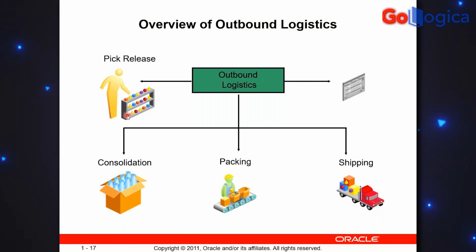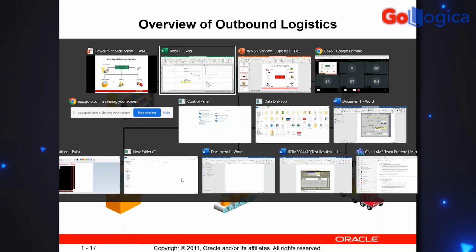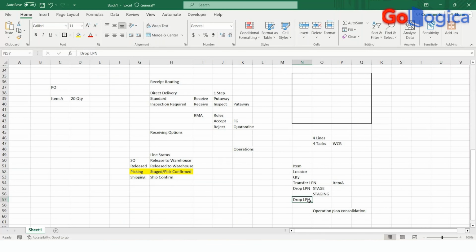Okay, so once pick release is done and you are performing this, consolidation is also very important. As we discussed here, while dropping you can also do the consolidation, and you have to do the operation plan setup in Oracle. There are three types of operation plans. One is locator based consolidation, second is LPN based consolidation, and third is locator and